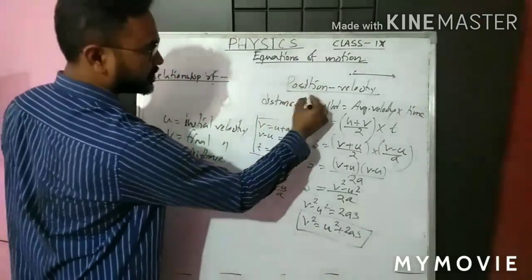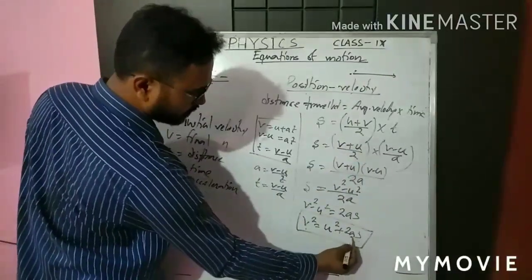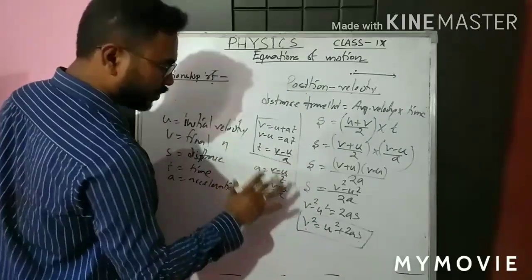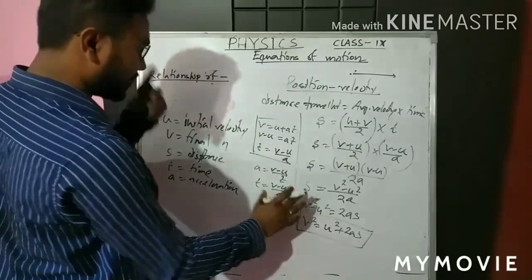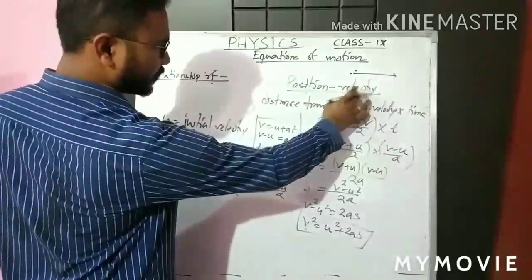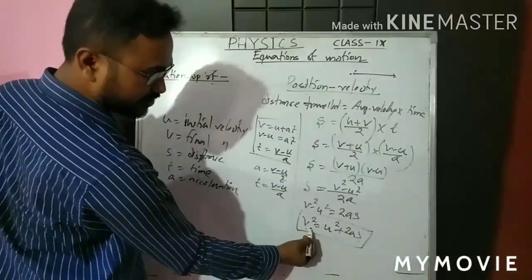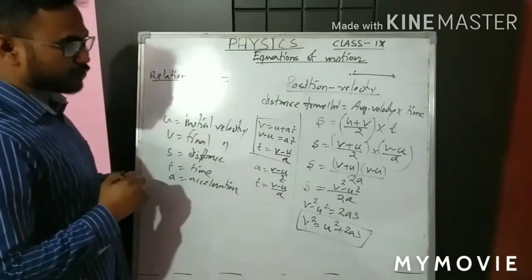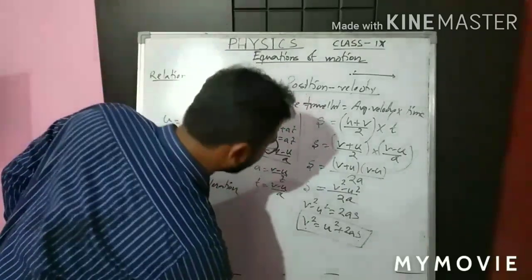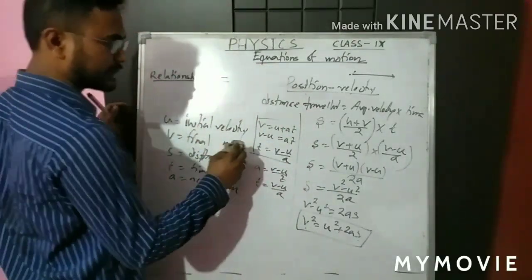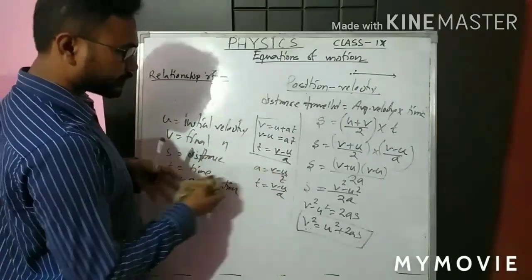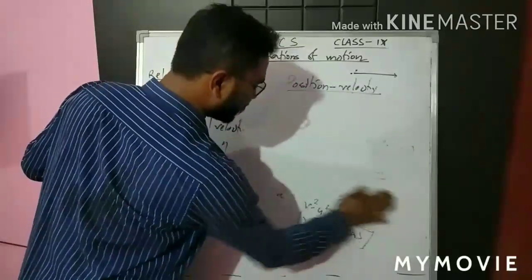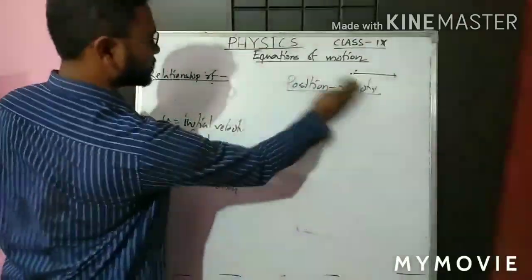Now in this relationship you can see we are finding out position velocity, v versus s. a is present but constant, u is also present but constant. So that means we got our final equation, that is the position velocity relationship, that is v square is equal to u square plus 2as. So here are the three most important relationships from this chapter we have got. This relationship I am writing, you please note down. So the relationships are what? Three relationships we found, right?